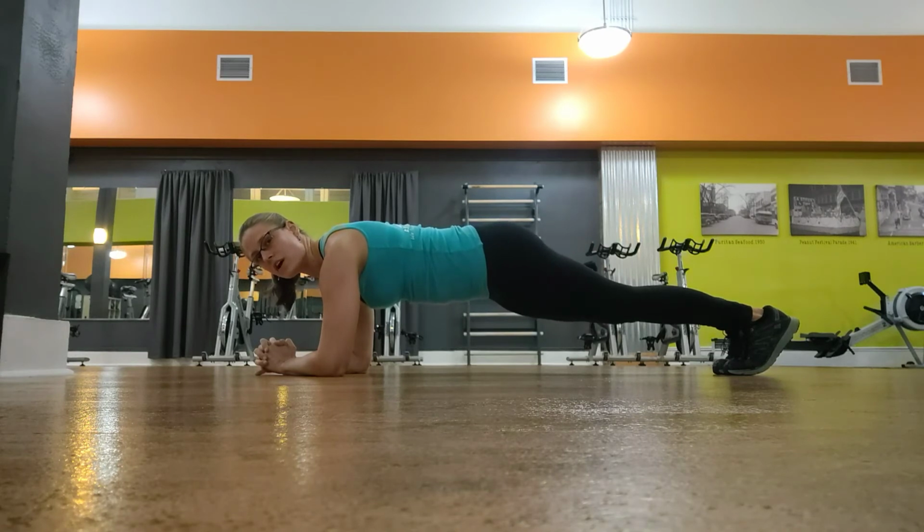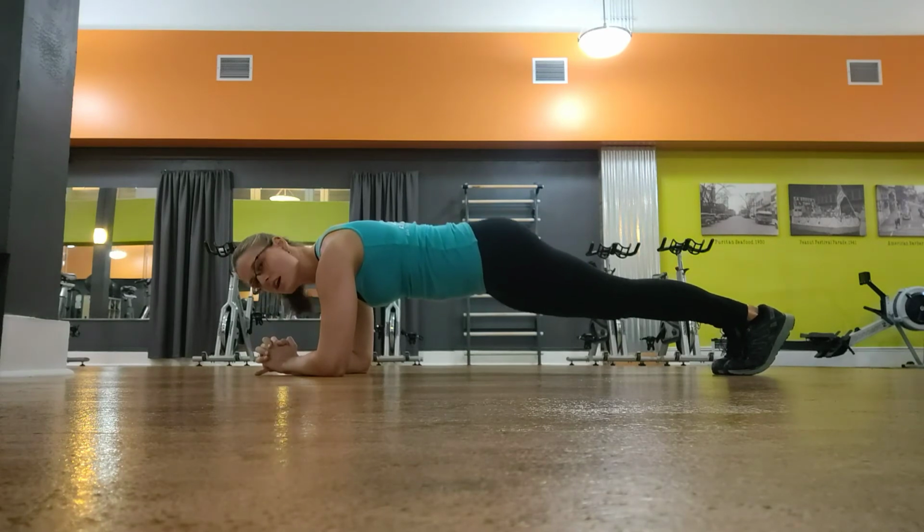I'm shaking because I've already done a plank today. That's fine. So it takes a lot of effort. Retract my shoulders. Also, a little tip here, squeeze your glutes. And whether you're a guy or a girl, squeeze your Kegel muscles. They're kind of like the same muscles you would use to hold your pee,